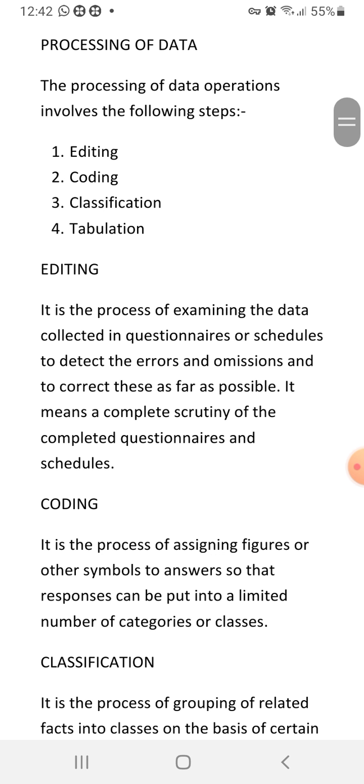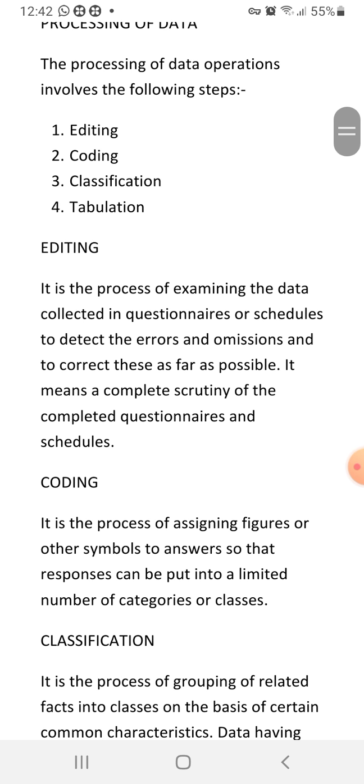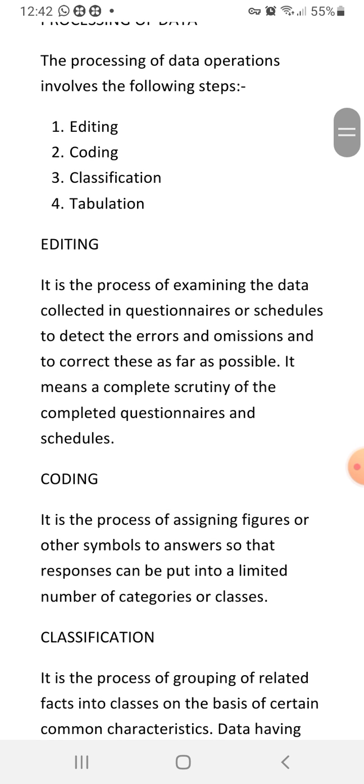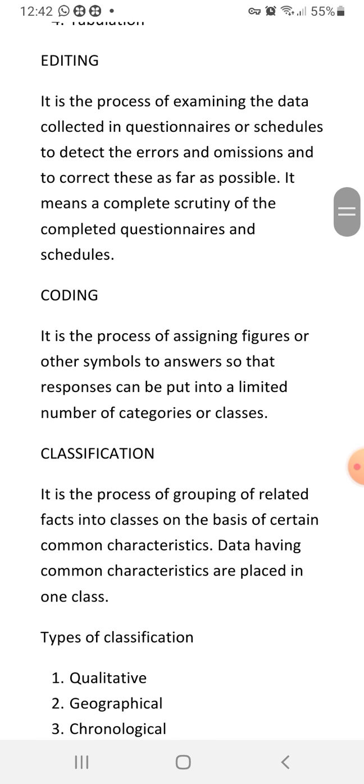First step is to scrutinize, a detailed checking of the questionnaire filled up by the respondent. Is there any correction required? Is there any mistakes? Is there any errors committed by the respondent? We have to thoroughly check the questionnaires. The second step is that